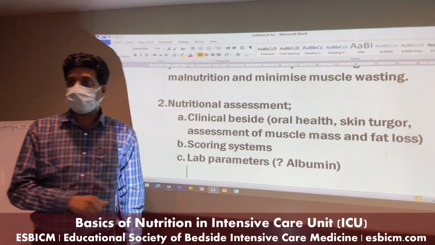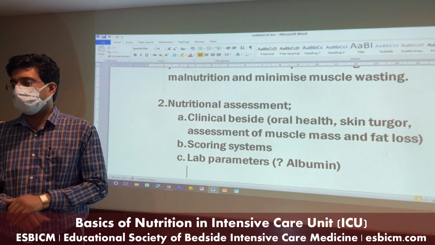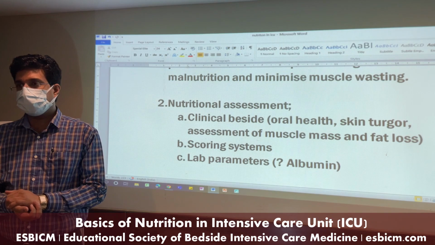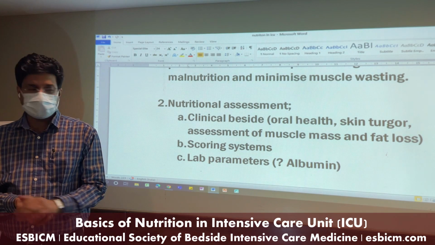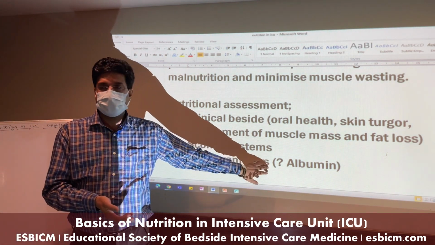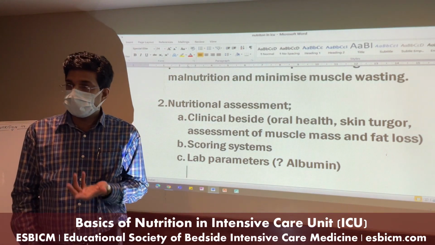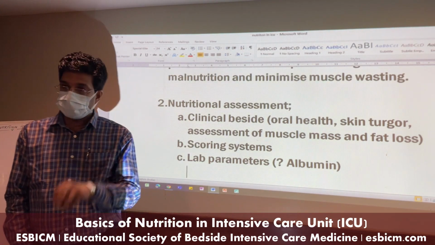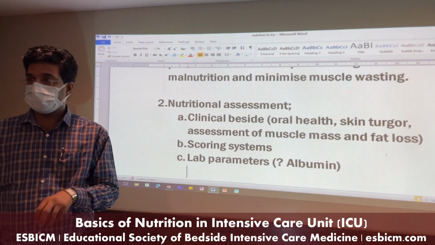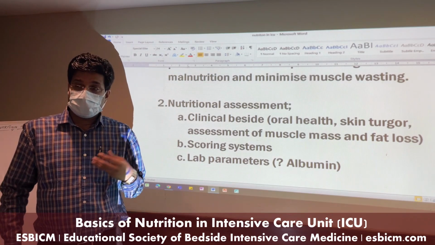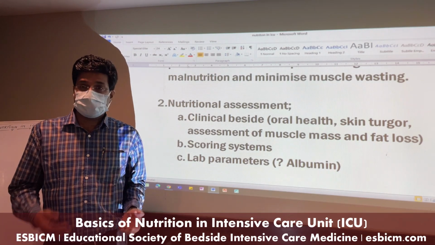Albumin: most people say that if albumin is low, the nutritional status of this patient is a little bit low, but it is actually affected by lots of factors. If a patient is dehydrated, your albumin levels may come up. If a patient has renal disease or cirrhotic disease, the albumin levels may go down. Also, it's an inflammatory marker, so its level can fluctuate.